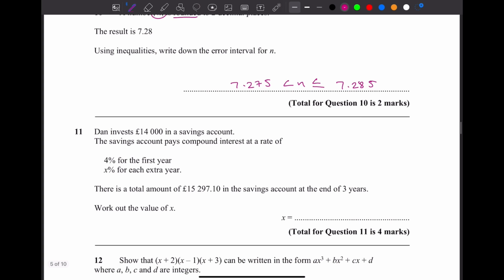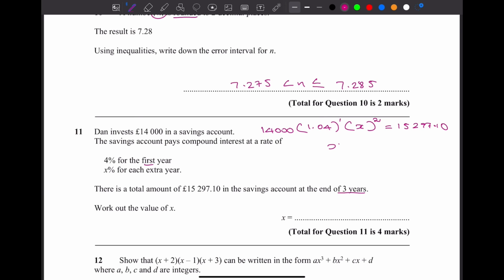Next one. First year. So the deposit is 14,000. Bracket. It increases because it's a bank saving account. 4% for the first year. So that is 1 plus 4%, which is 0.04. So 1.04. How many years? 1 year. So yeah, 1. And x to the power, no idea how many years we need to do. Total of 3 years. So 1 is gone there. So 2 more years is equal to